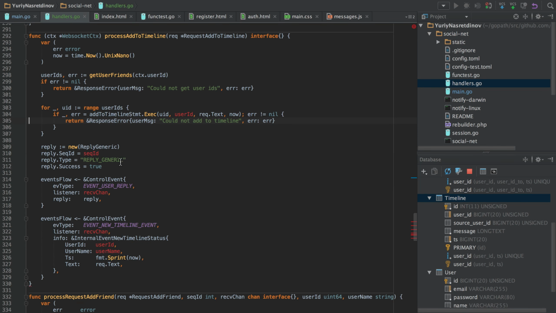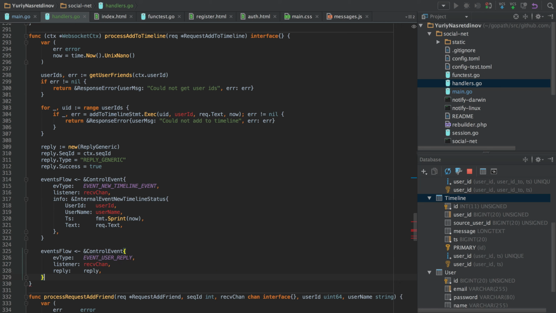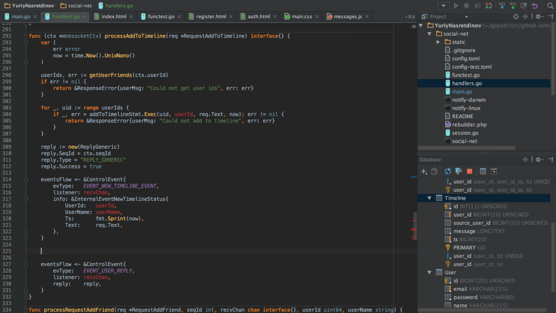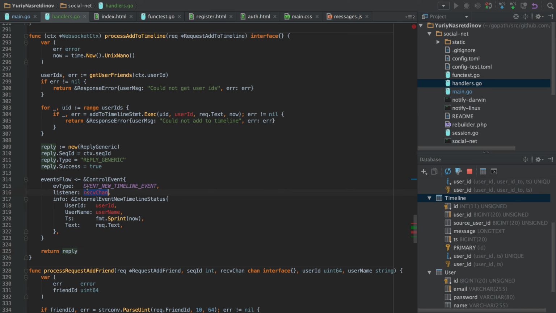So we have a different event type. It's a timeline event, and it's different in that it is sent to all users that are online, instead of sending it just to one. But other than that, there is no difference.